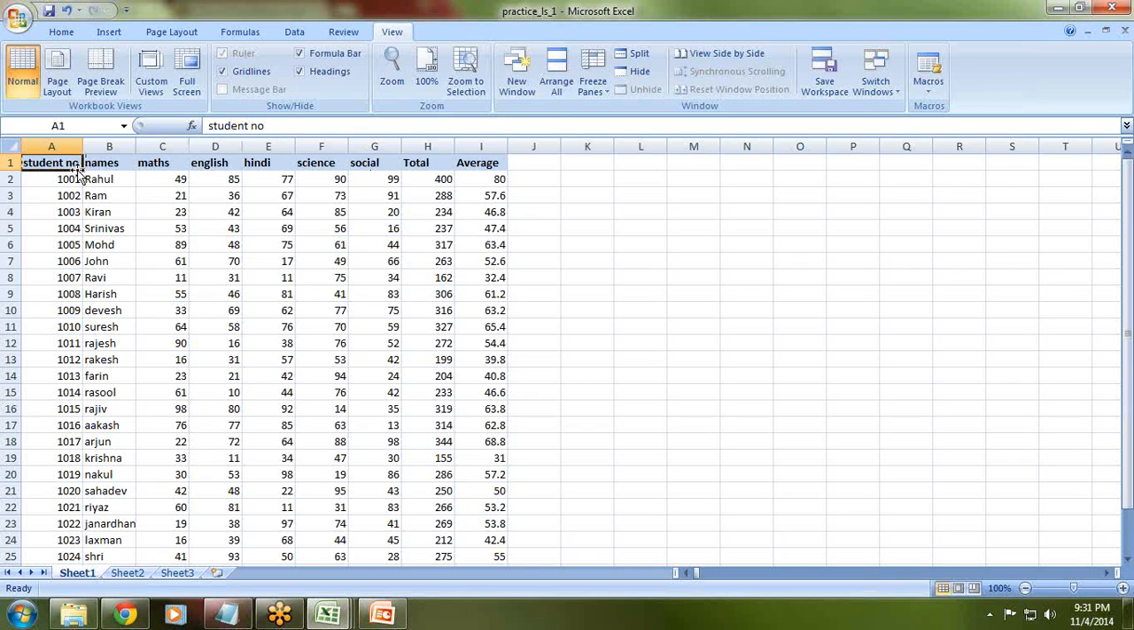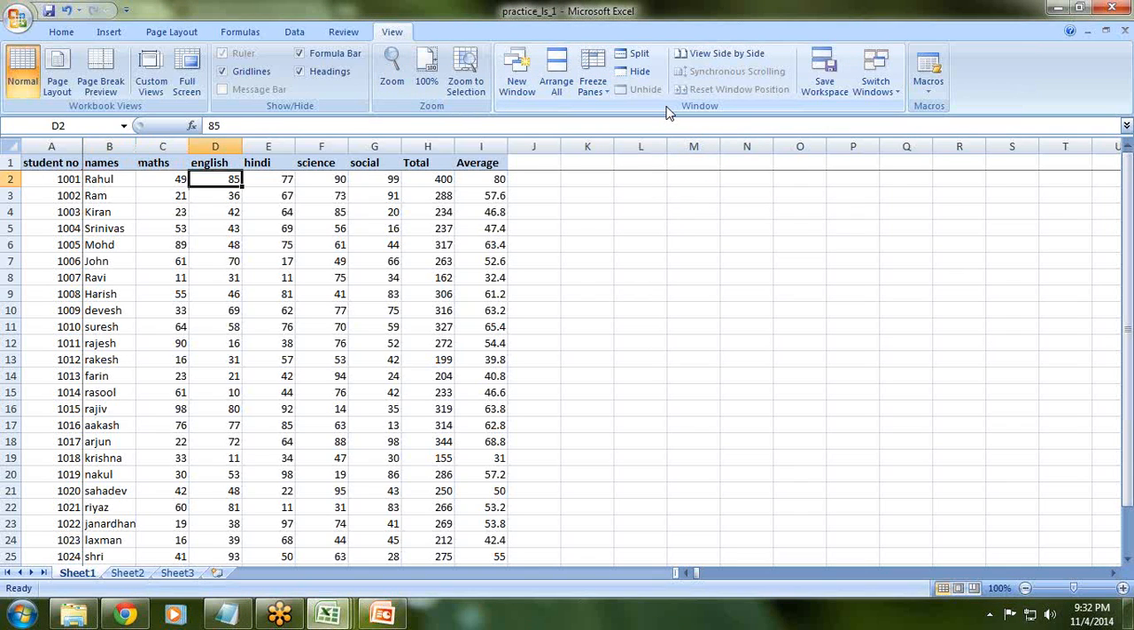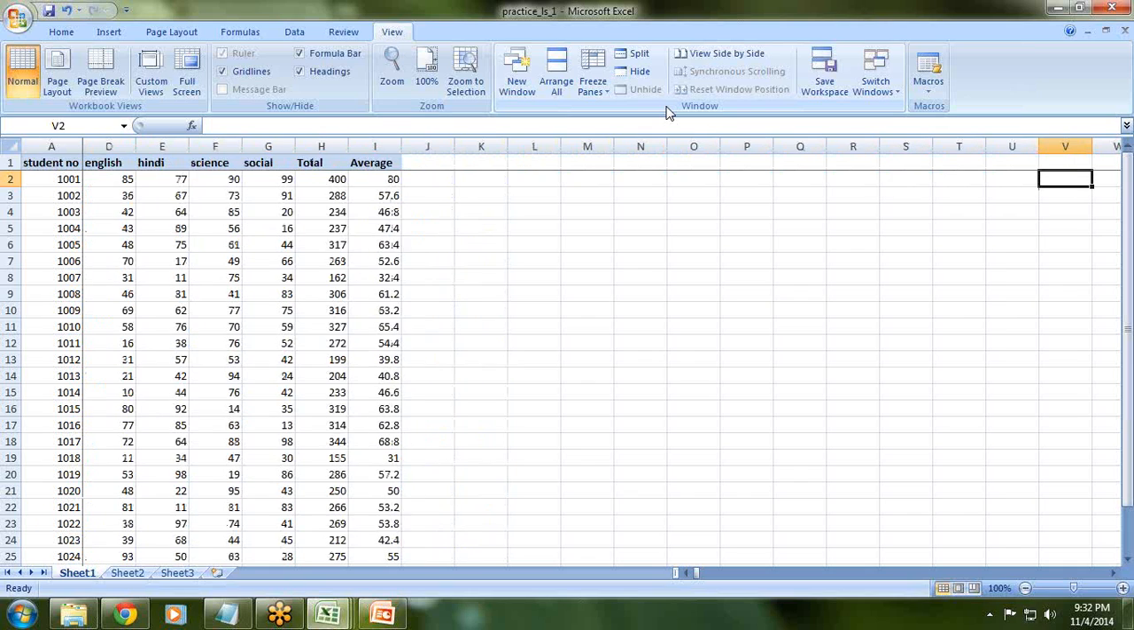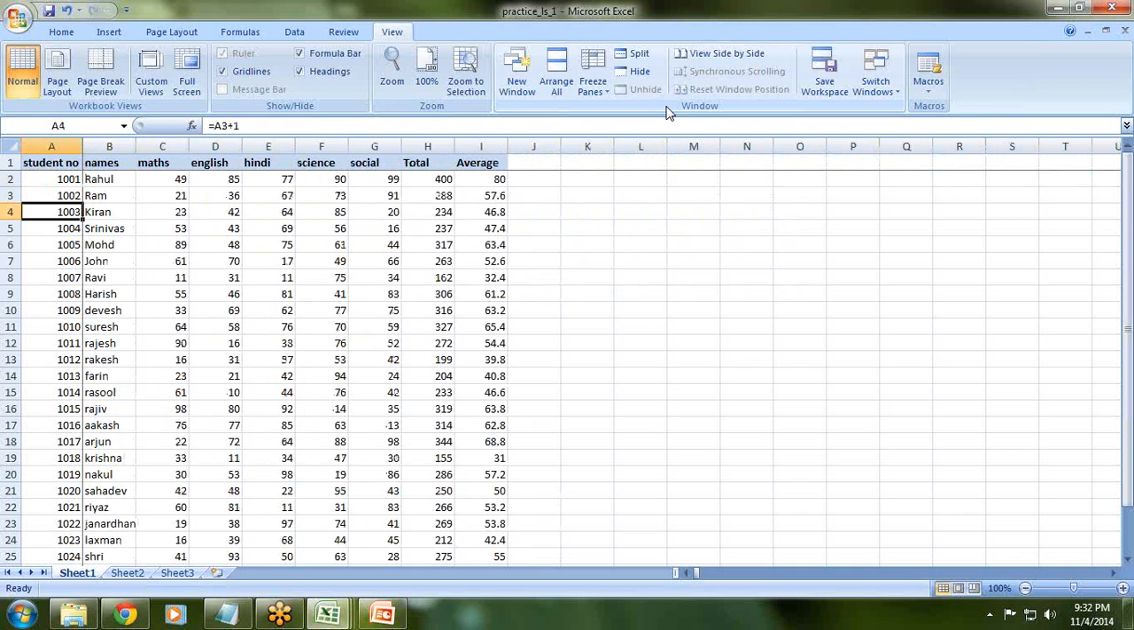Now, freeze panes. I select this and say freeze panes. Same thing. In View, if you go to freeze panes and select it, you can see the headings will remain. If you're going towards the right, the student numbers will still remain the same. Or if you're coming down,